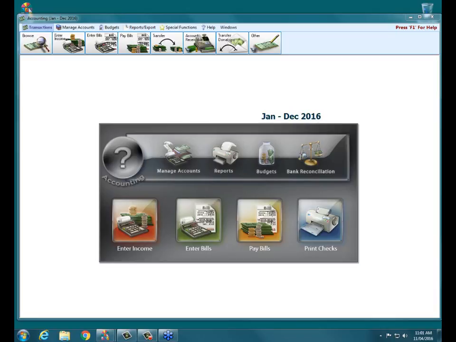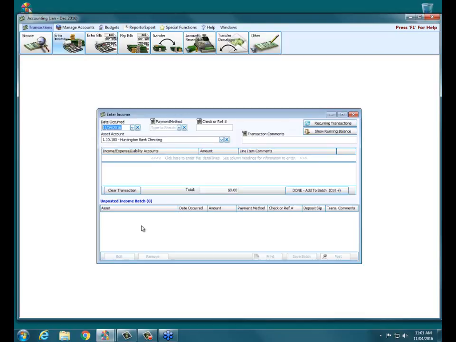If you don't own the donations module, then you would have no other choice but to come into Enter Income and record the income here. Very similar to our Enter Bills, Pay Bills, Journal Entry screens. The screens pretty much have a very similar look to them in Church Windows in accounting, but this clearly says Enter Income here in the upper left. It starts with entering the date of the income transaction.